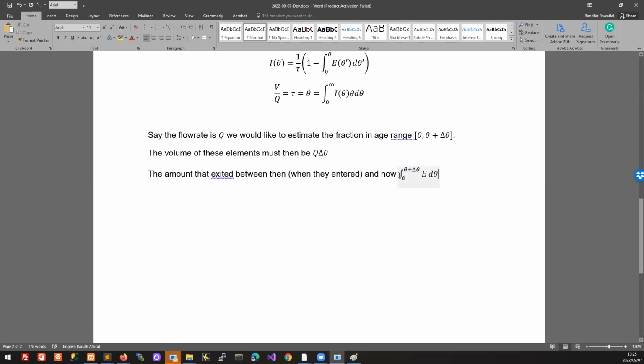So that is the fraction that, well, it's actually not just between then and there, it's the fraction of the entire fraction that exited